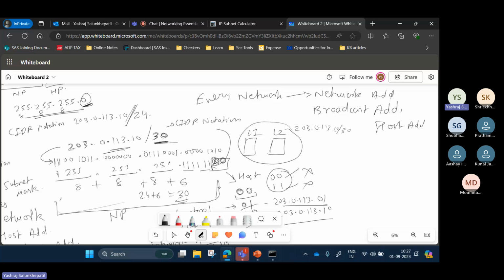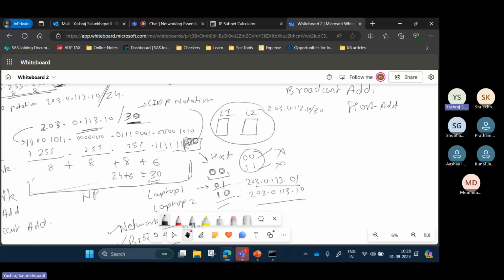That is why यहाँ पे when I said /30, ठीक है, ये पूरा मेरा होस्ट पोर्शन हुआ। मेरे पास कितने बिट्स बचे हैं, 2 बिट्स बचे हैं। I have 1 bit, I have second bit, ठीक है। इसके कॉम्बिनेशंस क्या हैं, 00, 01, 10, 11। How many combinations I have,